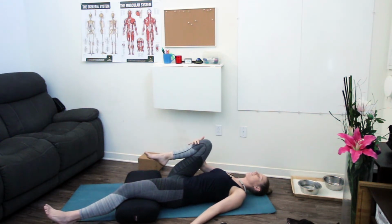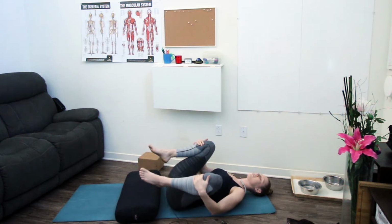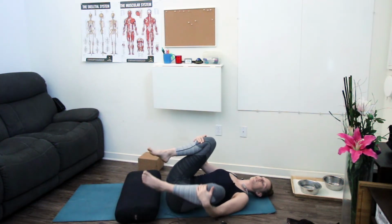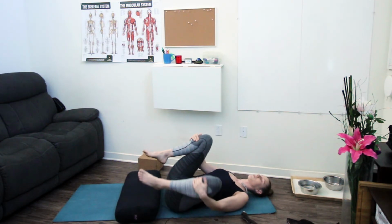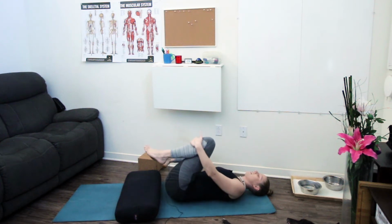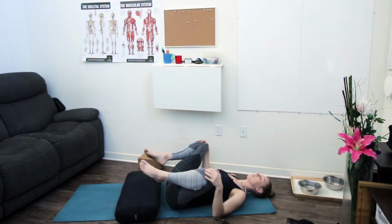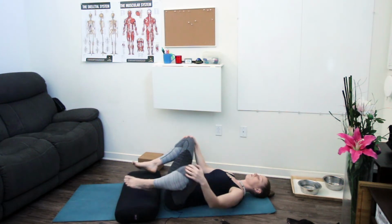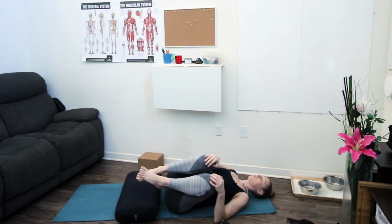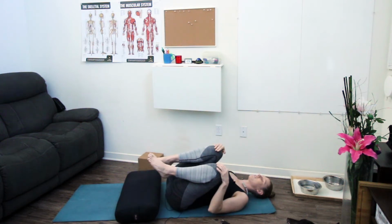Just resting a hand on top of each shin. Giving yourself a gentle rock side to side to massage out your back. Maybe finding a bit of stillness as you slide your hands to your knees and draw circles. Any direction that feels good, maybe switching. Finding a moment of stillness again